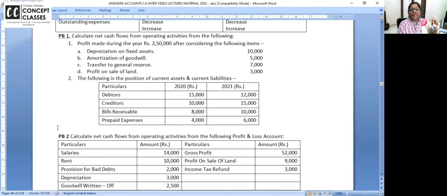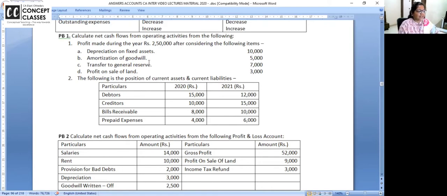If you're watching this as a video on YouTube, you can take a screenshot of the problem when I'm reading, so that when I'm solving it, you also take a notepad, calculator, pen and solve it in your notebook. Then it is worth giving you all these conceptual knowledge, right?